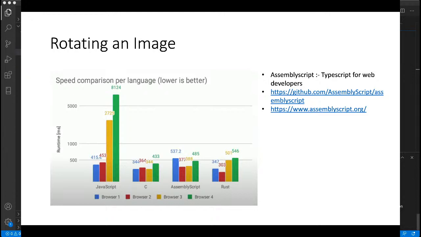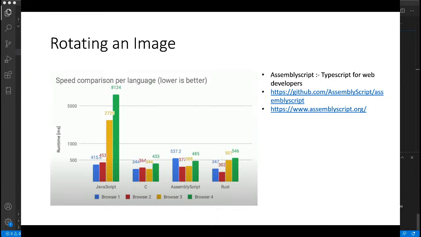So AssemblyScript, there is a new word, AssemblyScript. AssemblyScript is basically a TypeScript for web developers. Since web developers are not much familiar with high level languages such as C, C++, because they never felt any requirement to learn these kinds of languages, and also these languages are very different when we write JavaScript code and when we write C code.